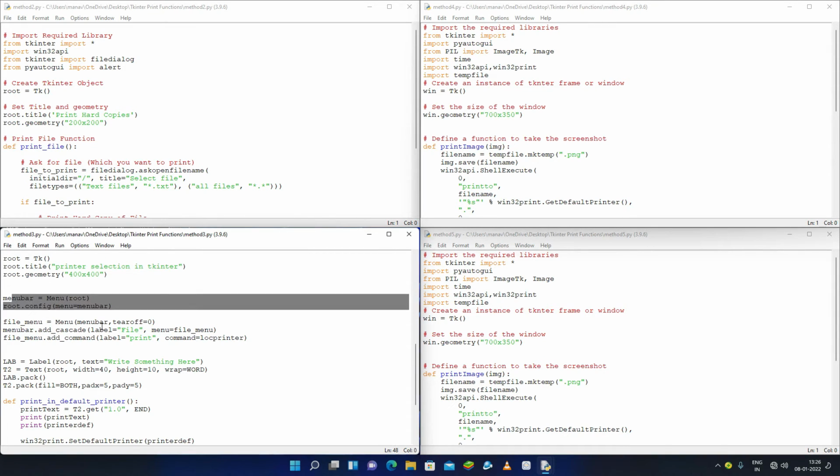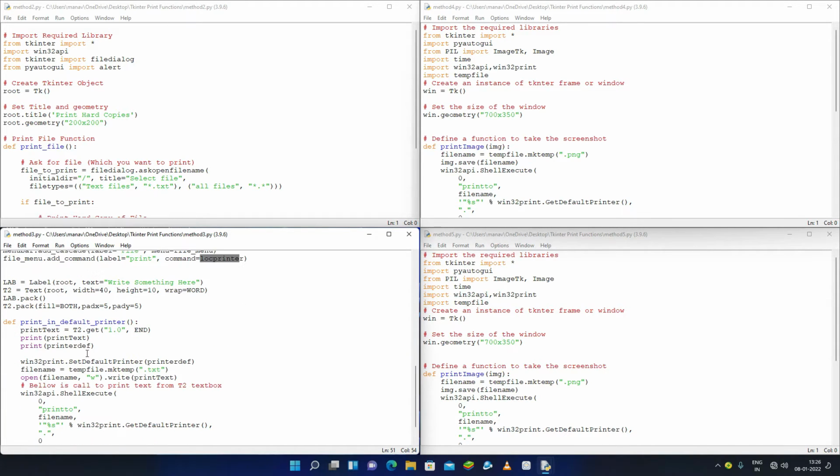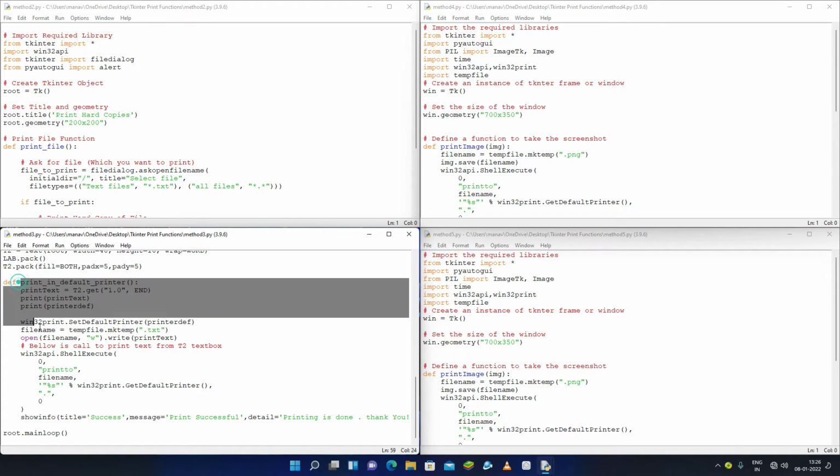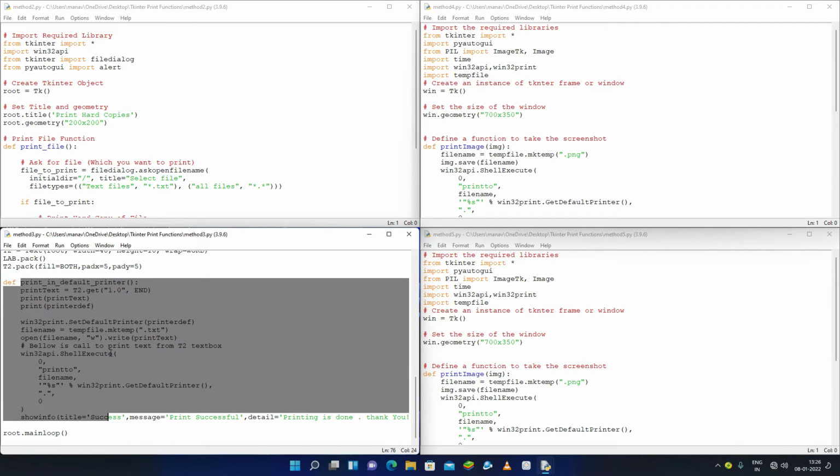Under this menu bar I am using only the print menu and calling log printer, and there is one label and one text box having width 40 and height 10. And now I am making one method, print in default printer, which will be able to print in your default printer. So this is the important method for printing. Let me describe it one by one.